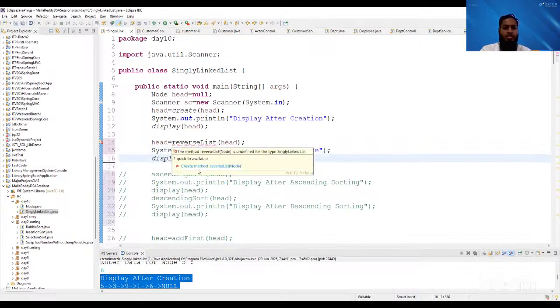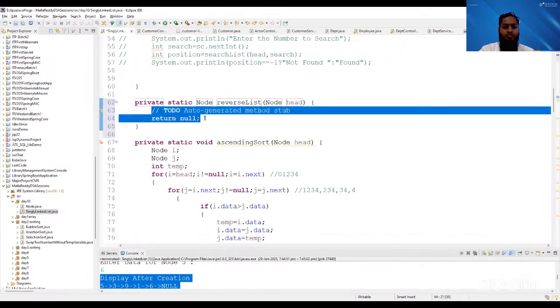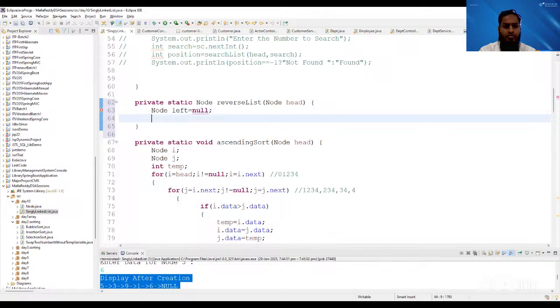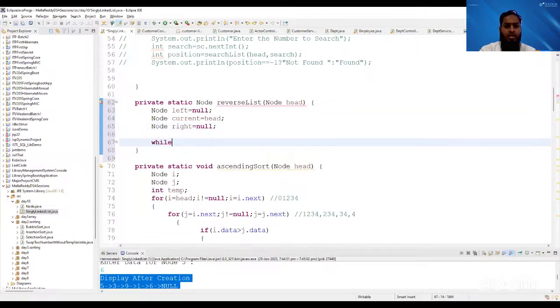Function is not there, it's created. So I've got the head, I need 3 pointers. Tell me, node left is null, node current is the head, and node right is null. While my current is not equal to null,